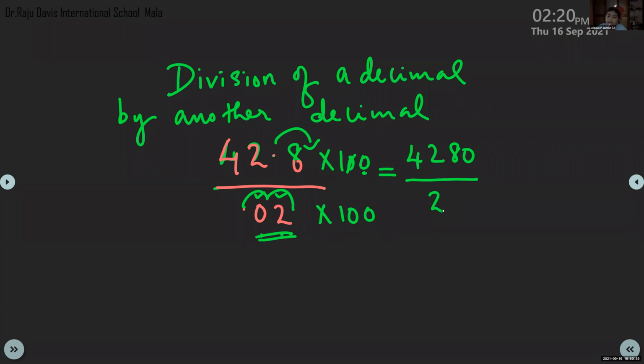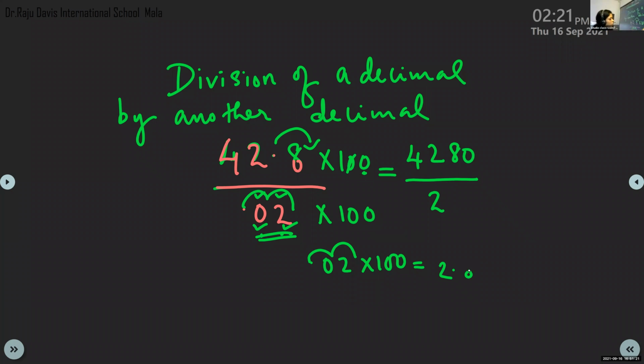Ma'am, why are we choosing 100? Because we have to change 2 decimal places. Ma'am, we are always checking the denominator. Denominator only, because we are only converting the denominator, making it a whole number. Then we can do the division as before, so that we have studied how to divide a decimal by a whole number. We know that. Only the denominator you have to check, and accordingly we move. So 0.02 multiplied by 100, what will you get? 1, 2. So 2 you will get, or 2.0.